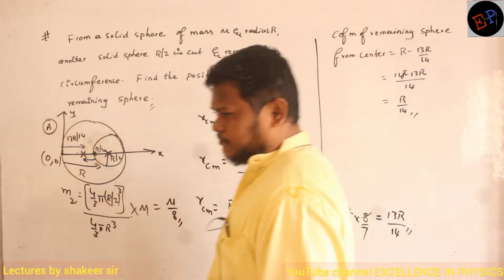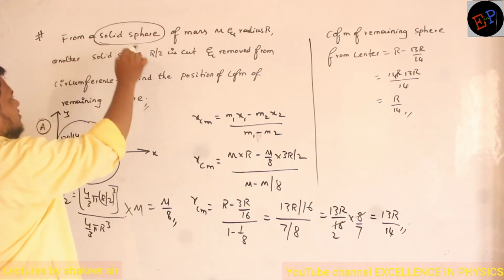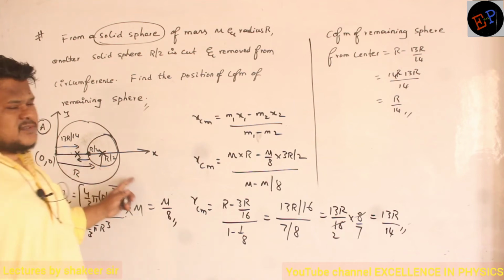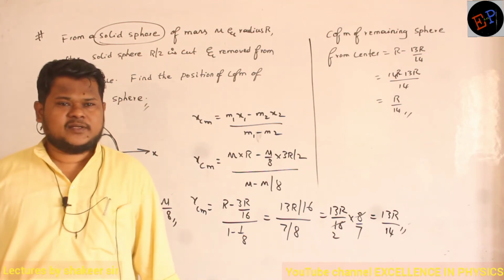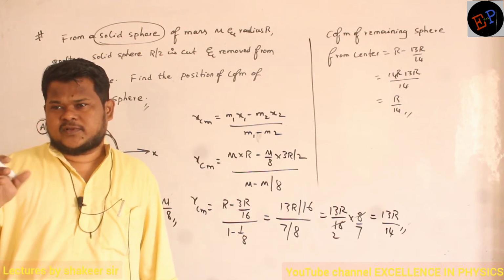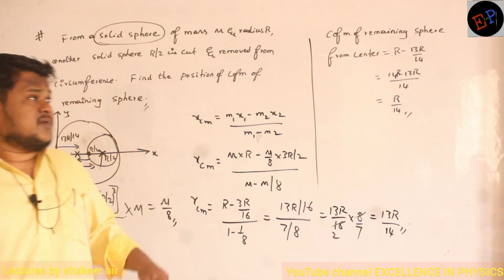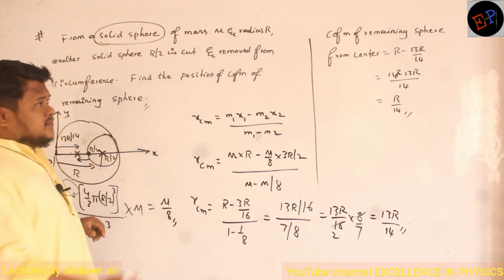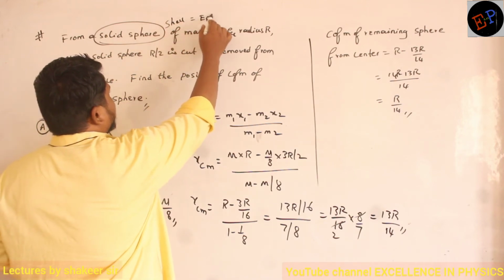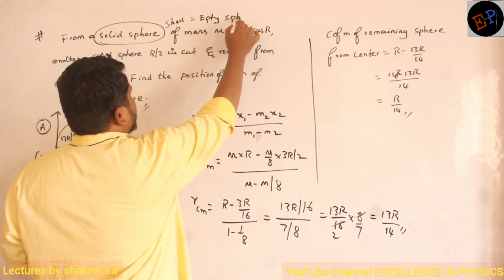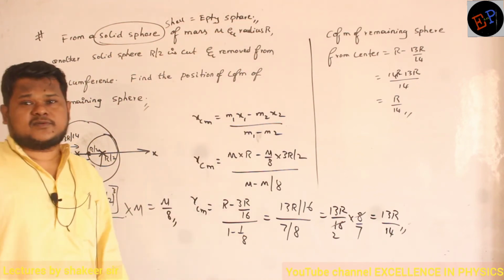That is my answer. See, here a solid sphere is given, no? Solid sphere means inside the body also total mass will be present, like a cork ball. We have cricket balls, where mass is present inside the ball also. So total it is solid. Now instead of a solid sphere, if a shell is given, what is meant by shell? Empty sphere or a hollow sphere is given. Then in that condition, how can you do the same calculation? That is the question.